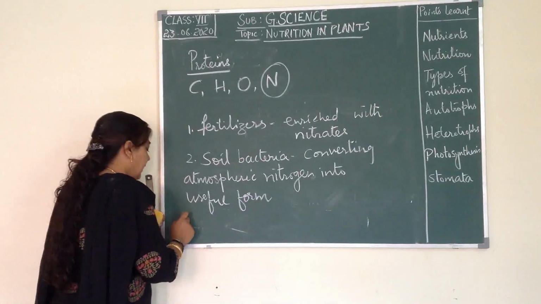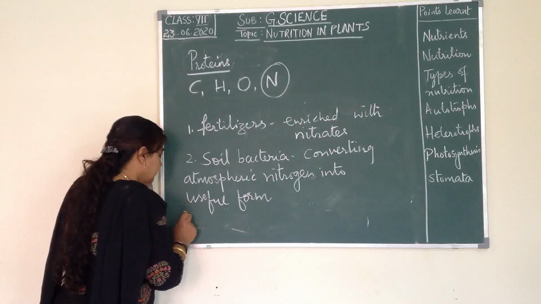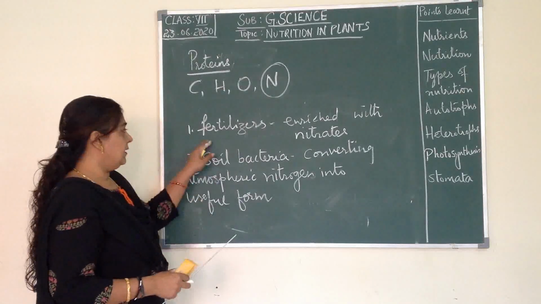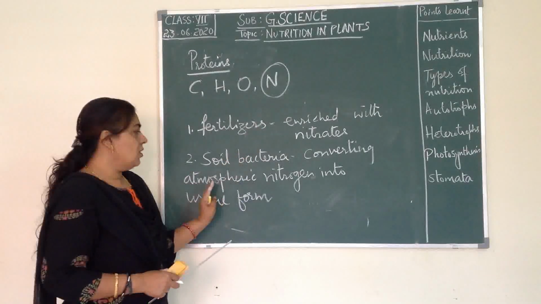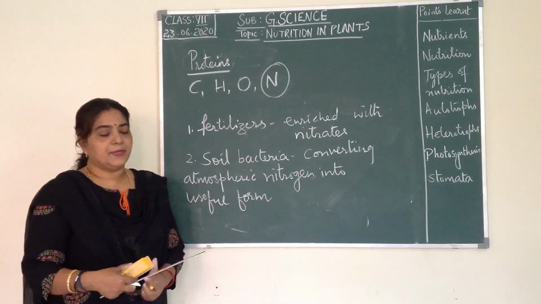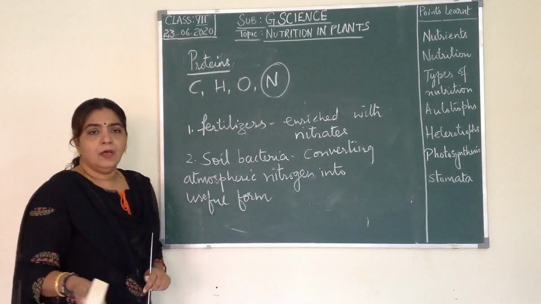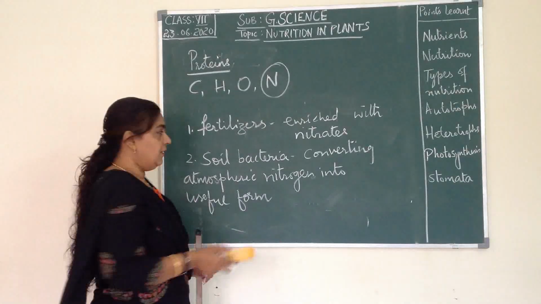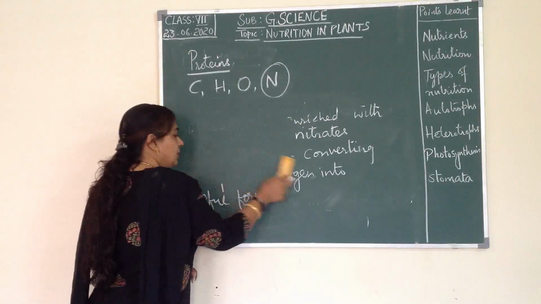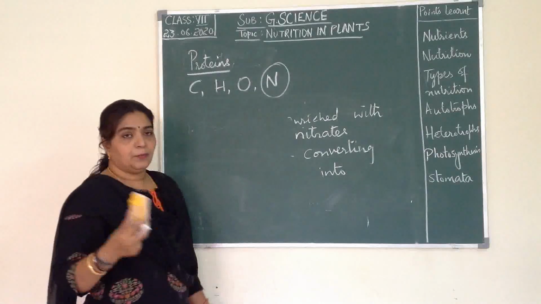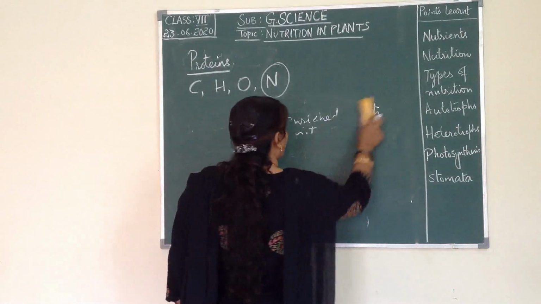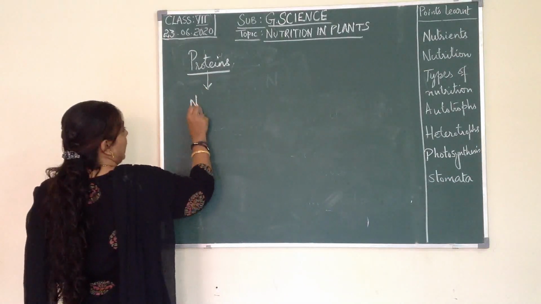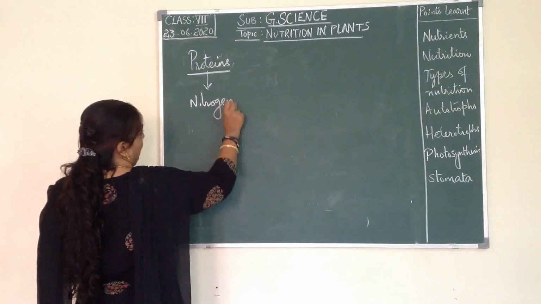Okay. Other than that, so this much you learn it, right? Yes, that is either by using fertilizers or by the soil bacteria present in the soil that will help in providing them the nitrogen. So that's how the plants will make use of nitrogen. So nitrogen is very much essential. The minute we hear protein, you should know it is a nitrogenous compound. So what are proteins? It is a nitrogenous compound.